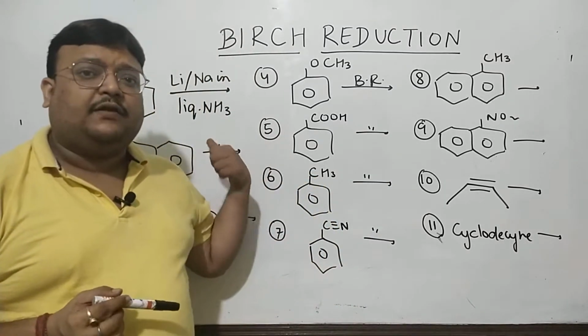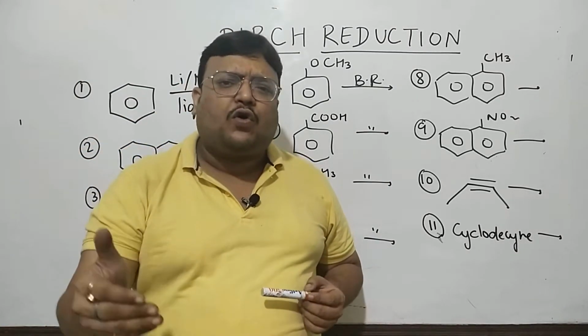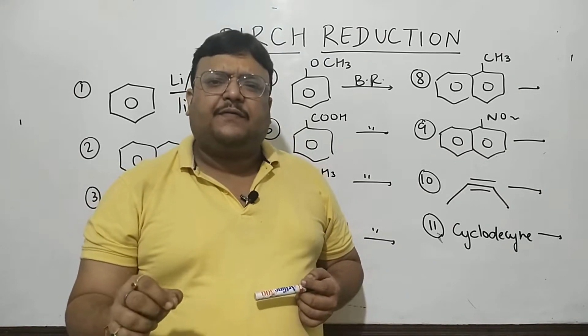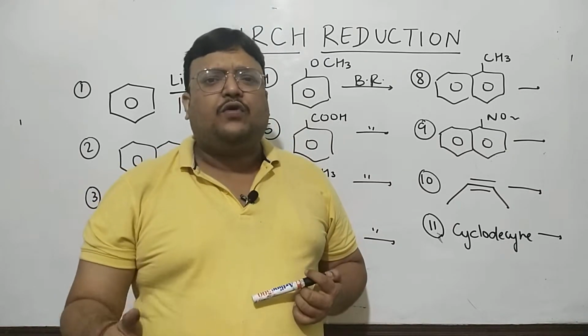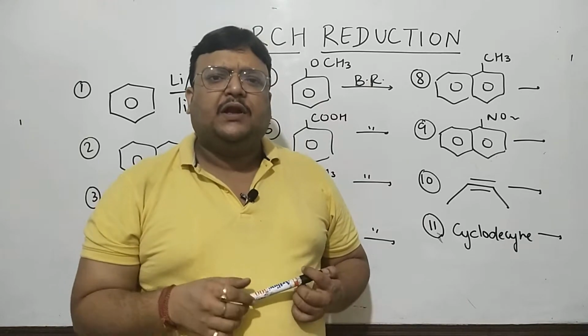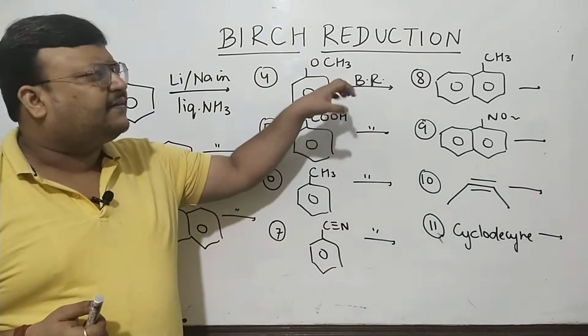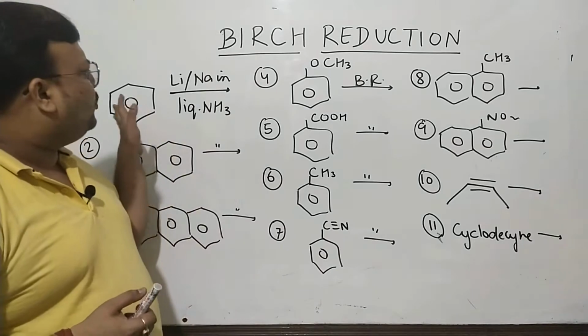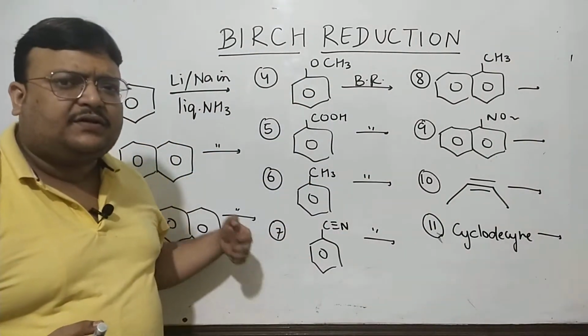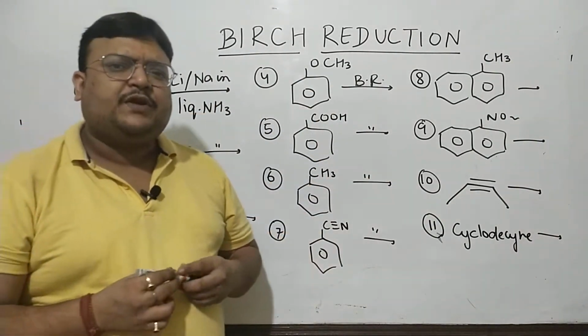Even for benzene, you would see the product would be a non-conjugated diene. So I repeat, it's a very specific process. We are going to talk about the mechanism and all possible variations of Birch reduction. In the sense, I have put up all possible questions, all variations of Birch reduction which can come in any